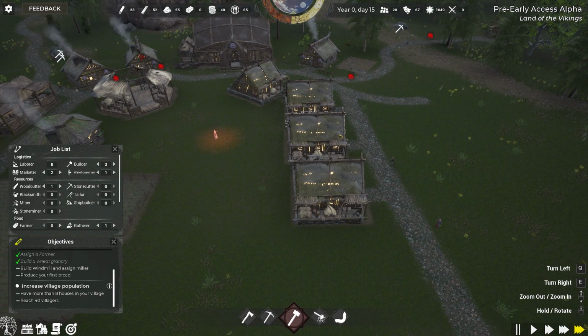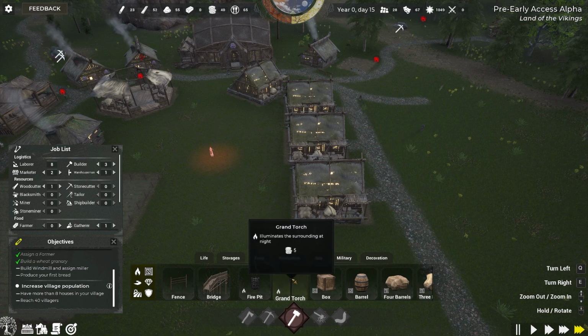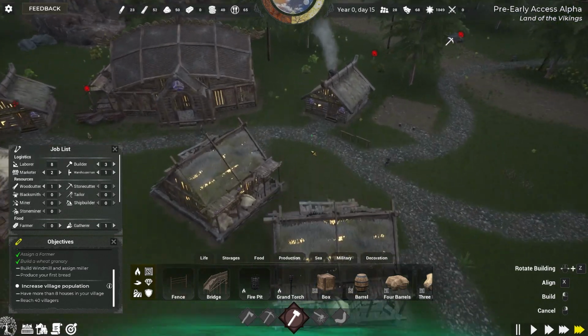Right, so people are unhappy about the village being dark. We will get some decoration. Grand torch. Can we build that? We can. It's just...